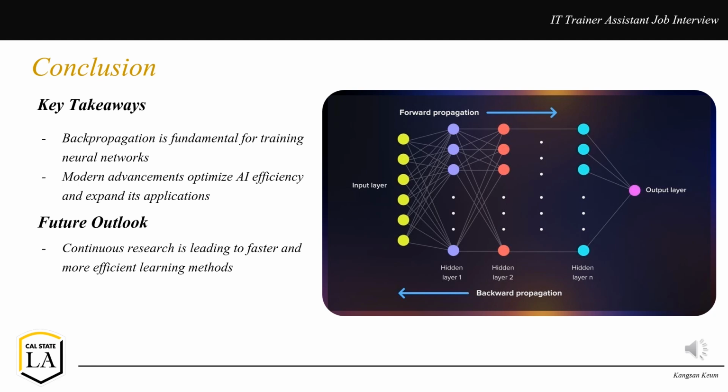So, what's next for backpropagation? Future research may lead to more biologically inspired learning methods that mimic how the human brain processes information. Faster, energy-efficient training techniques to reduce the environmental impact of AI. Next, better understanding of deep learning's decision-making process, making AI models more